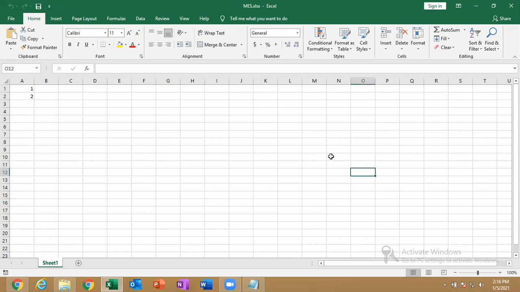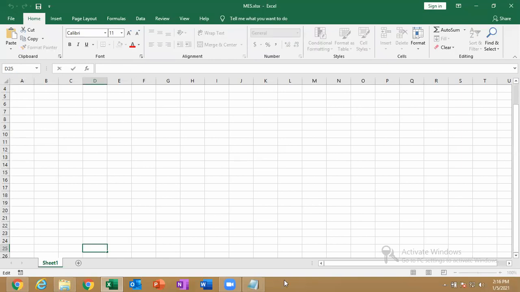If I select anywhere else, say O12, that is O column, 12th row. So name box is used to identify the cell address. And if suddenly I want to go to D25, I type D25 here and press enter. Automatically it goes to D column, 25th row. This is the use of the name box.